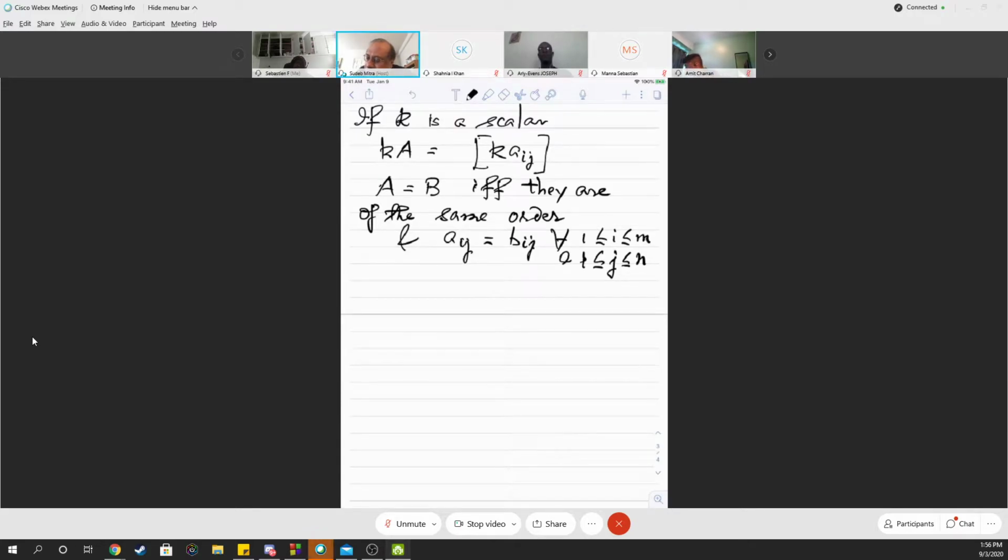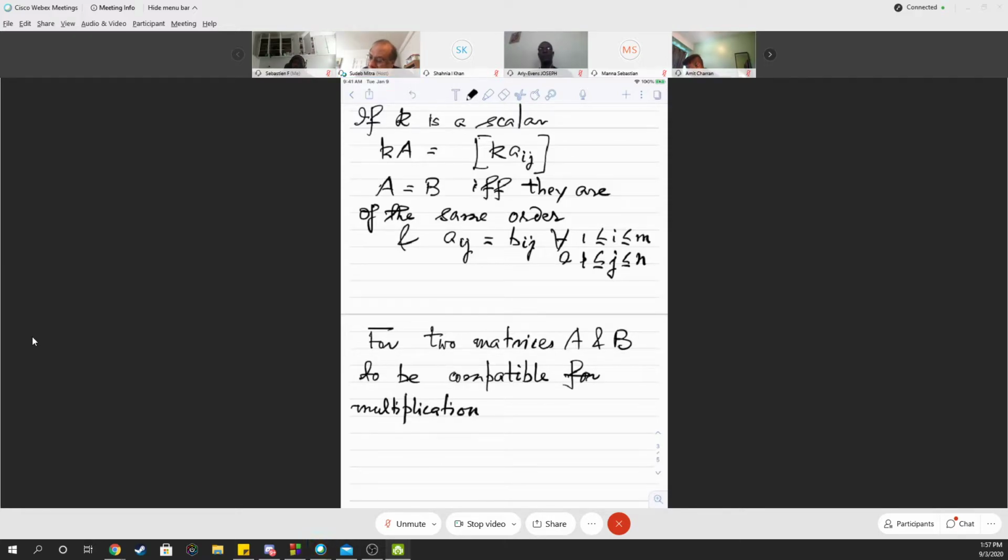So for two matrices A and B to be compatible for multiplication, that's the word, compatible for multiplication, that is, for AB to be defined, remember, be very careful, AB to be defined,